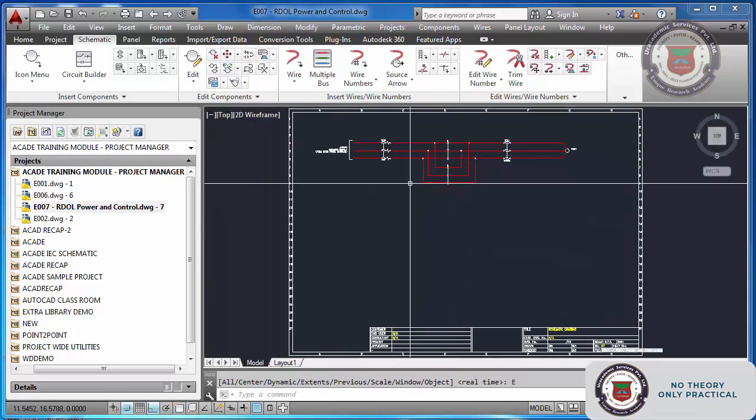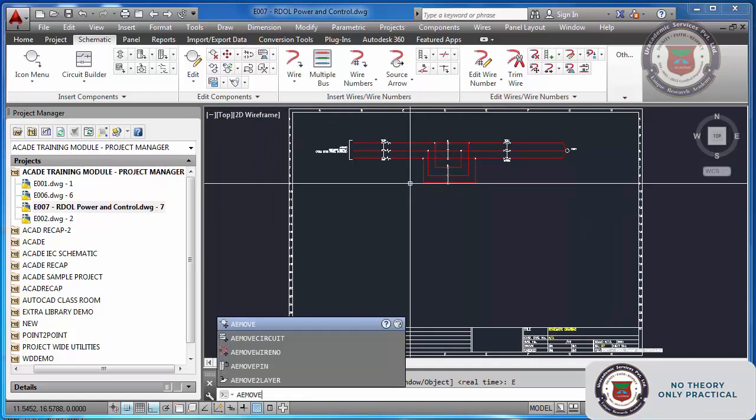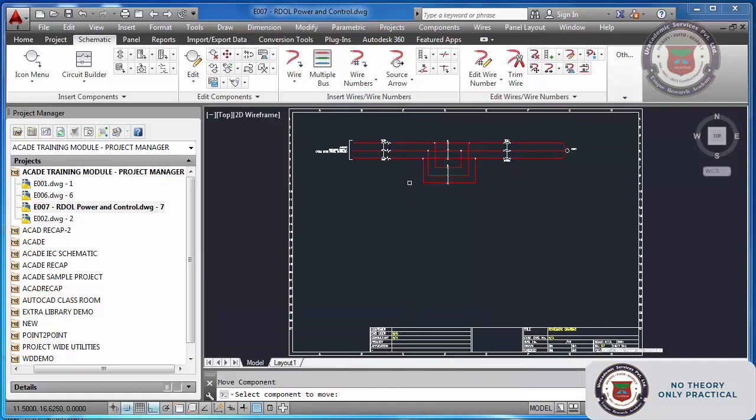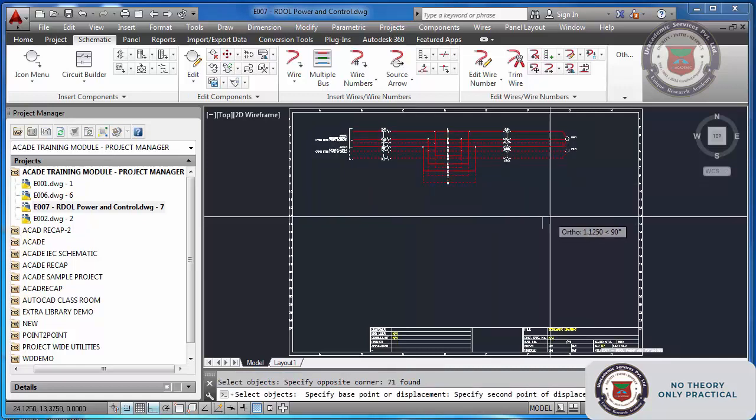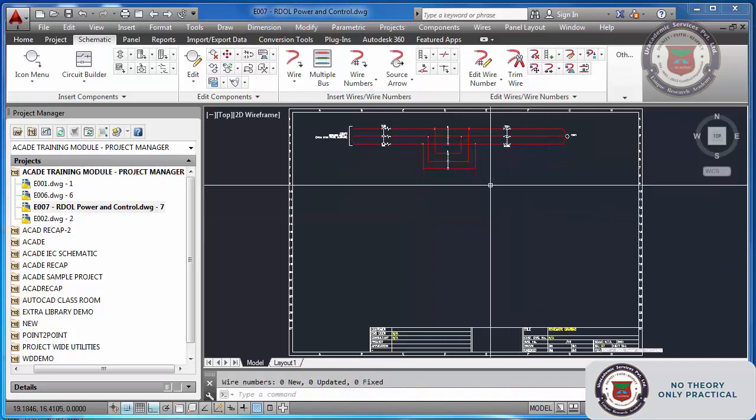Okay, if we want to move a component, you can use this also. AE move. If you type AE move, it will ask you to move the component. That way also you can do. And with AE move circuit, you can move the whole circuit. In this way you can move the circuit.